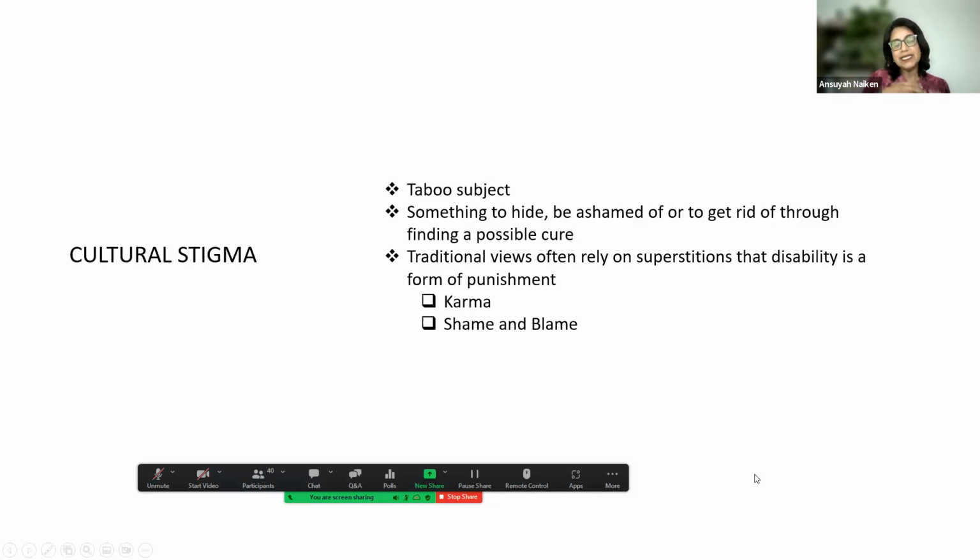And sometimes there's the belief that when you come back in your new life, you could come back as a person with disabilities so that you can pay for the sins of your previous life. And so as a result, families associate the disability with that shame and that blame for what their family member could have done in the previous life, that is causing them to come back with disabilities in this current life.